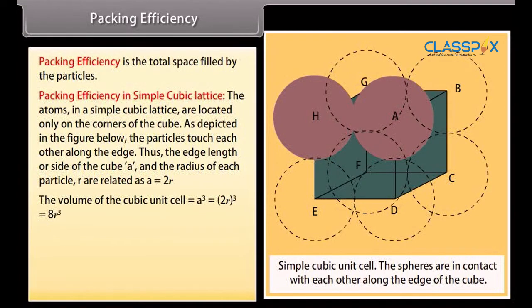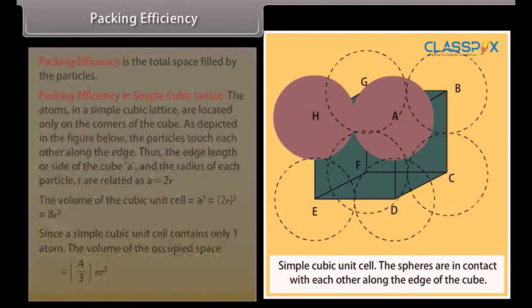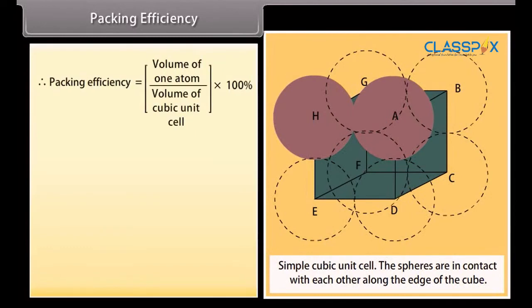The volume of the cubic unit cell is equal to a cube, which is equal to 2r cube, which equals 8r cube. Since a simple cubic unit cell contains only one atom, the volume of the occupied space is equal to 4 upon 3 pi r cube. Therefore, packing efficiency is equal to volume of one atom upon volume of cubic unit cell into 100%, which is equal to 4 upon 3 pi r cube upon 8 r cube into 100, is equal to pi upon 6 into 100,